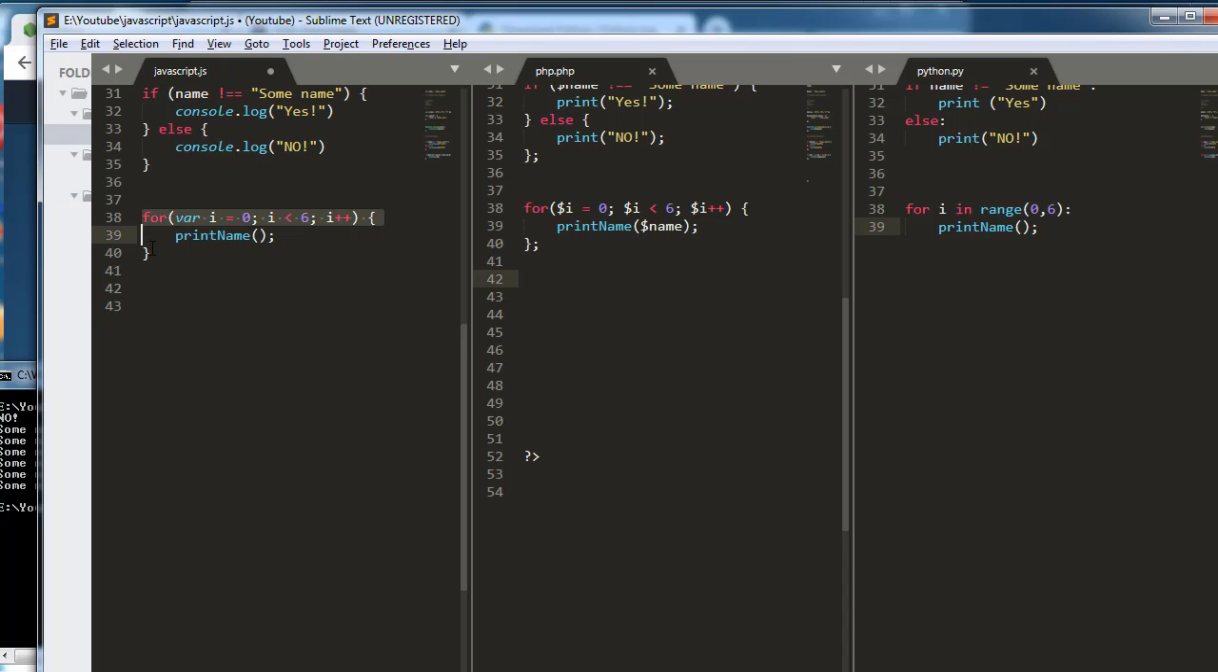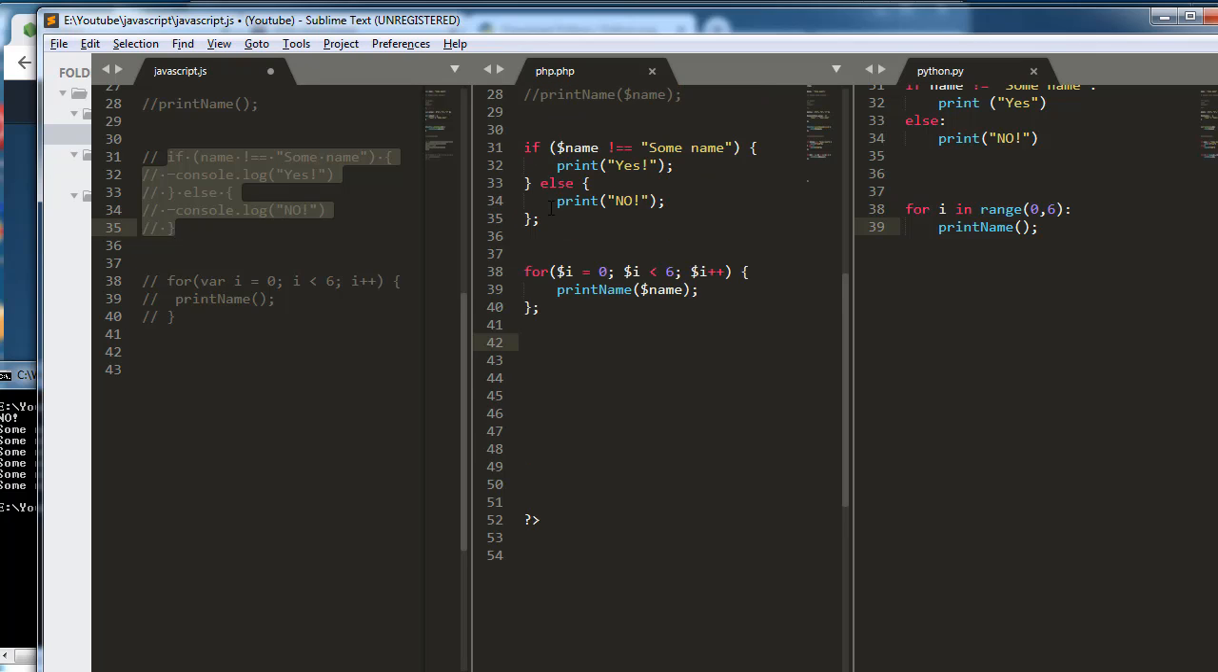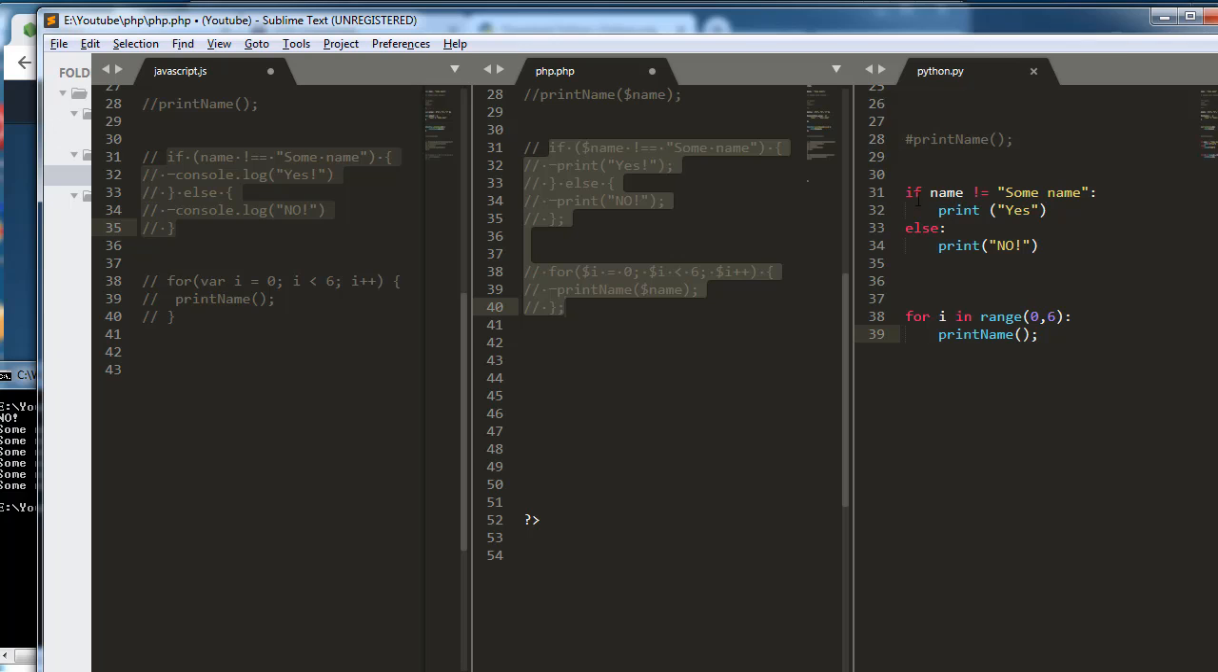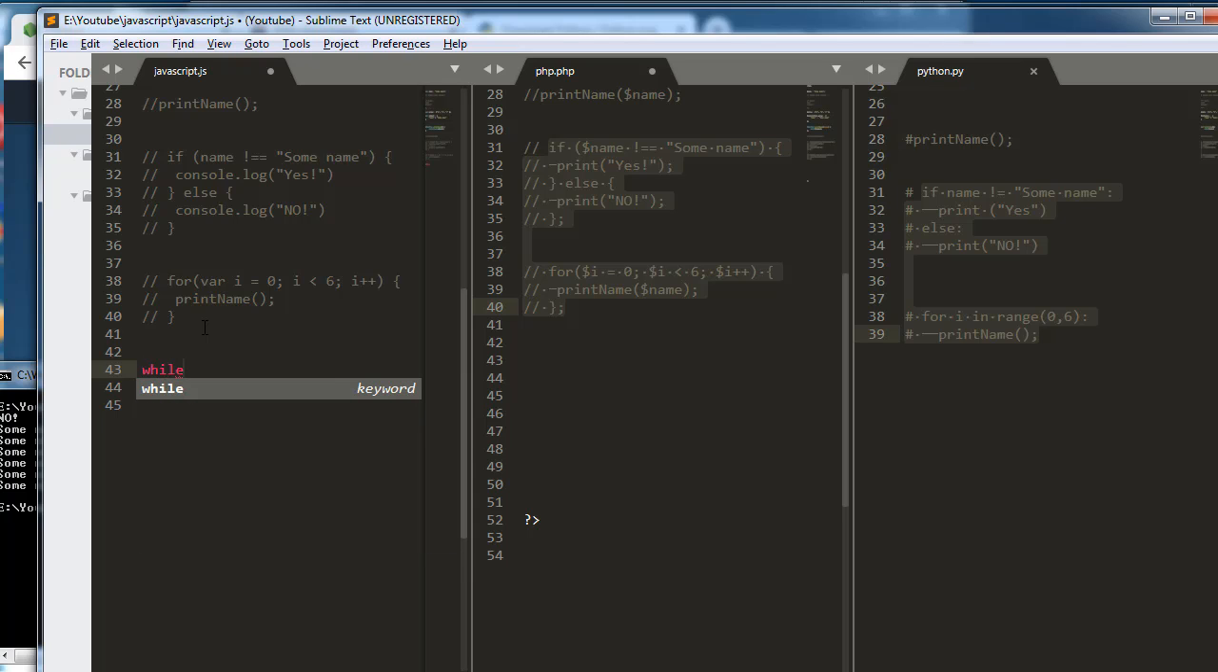Similarly, I'm just going to comment this out so that we don't get too much in the console over there. I'm just commenting out all the things so that it will not result in our console. So we are going to learn about the while loops. While